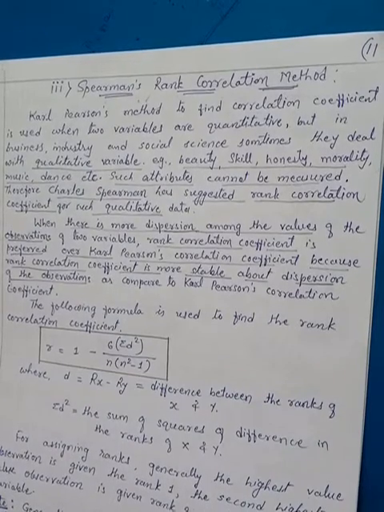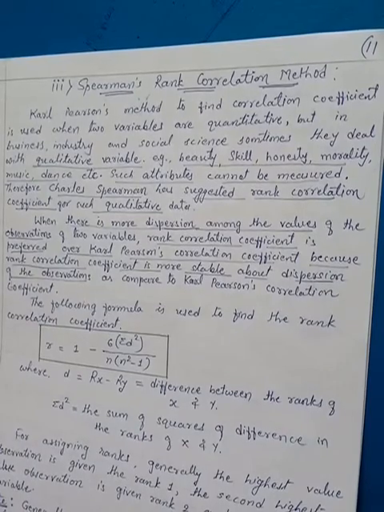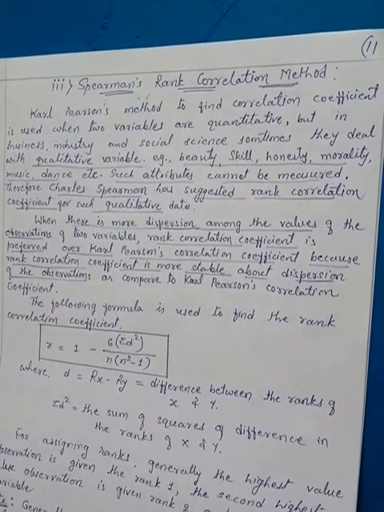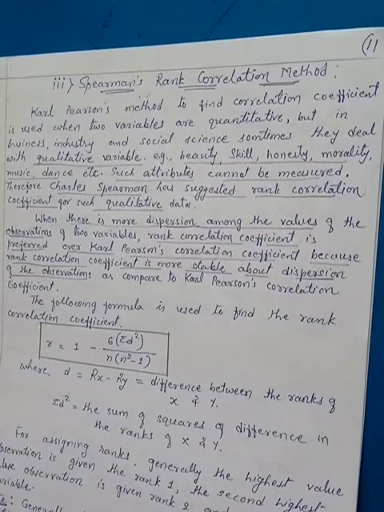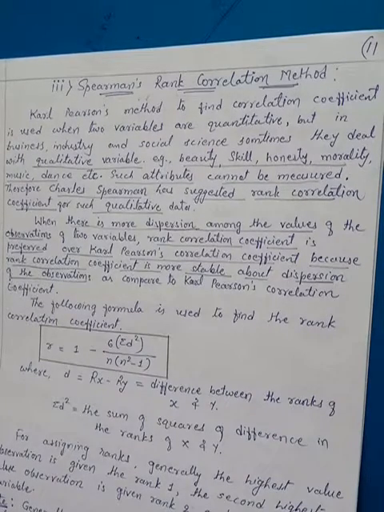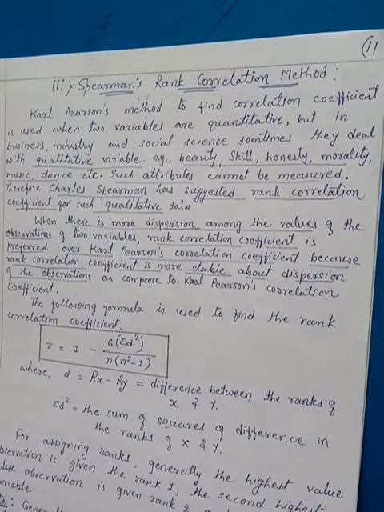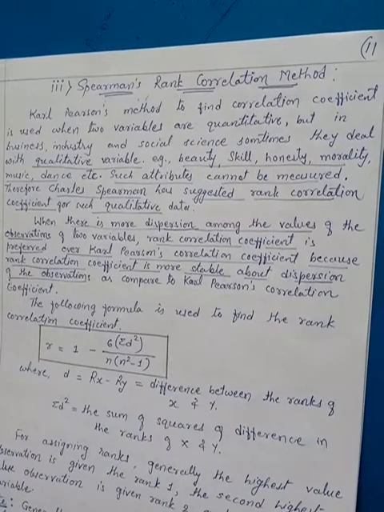There is more variation in the values of data from its central value, which is called dispersion. So when the dispersion among the values of the observations in quantitative variables is high, in that case also, instead of using Karl Pearson's method, it is advisable to use the rank correlation coefficient method,